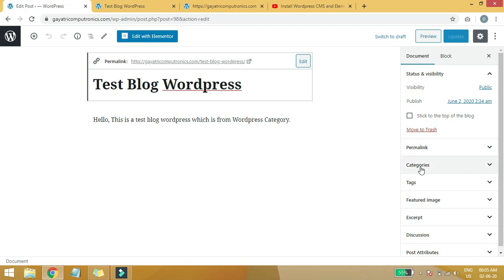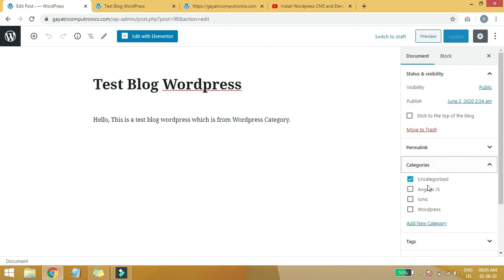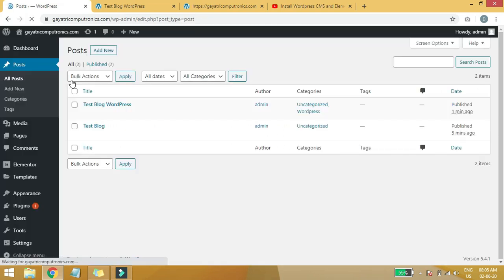Here we can see categories. Just click on this, select WordPress, click on update, click on this icon. Now I can see this blog is assigned to the WordPress category. So basically we don't need this uncategorized category.